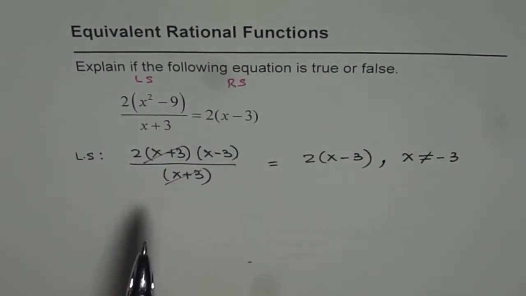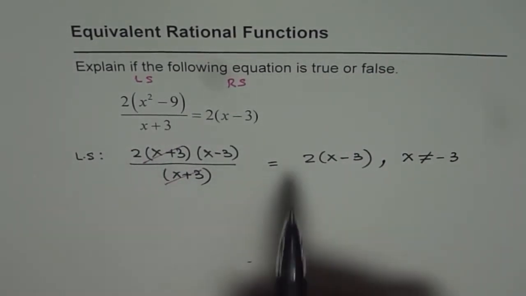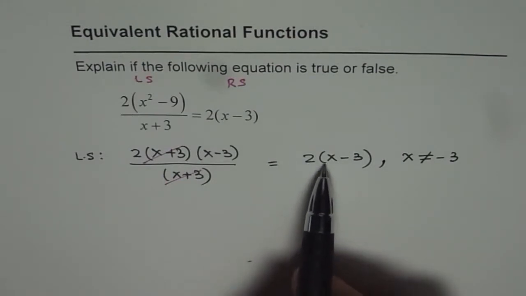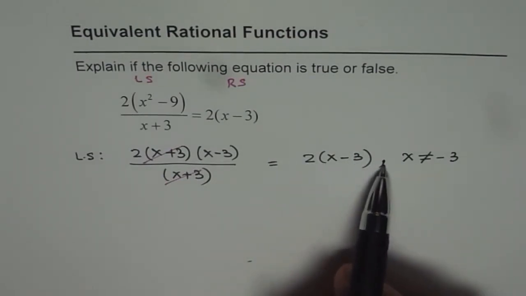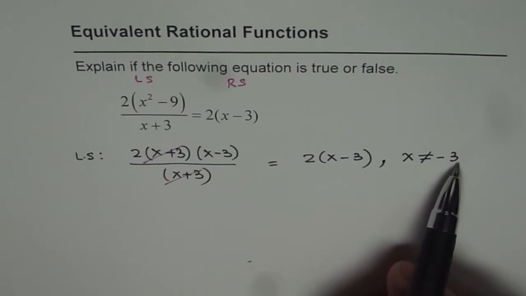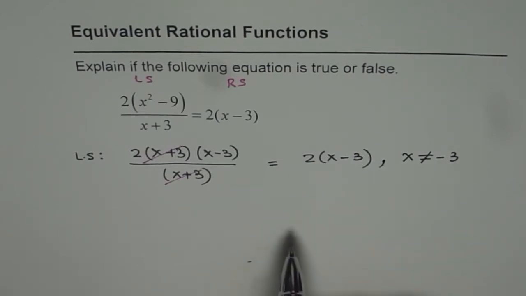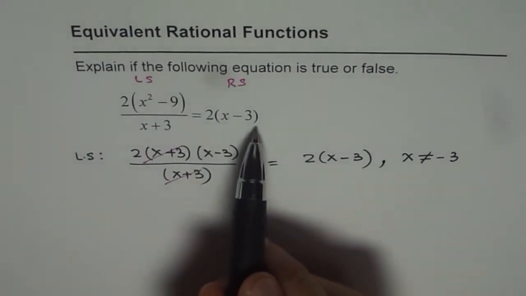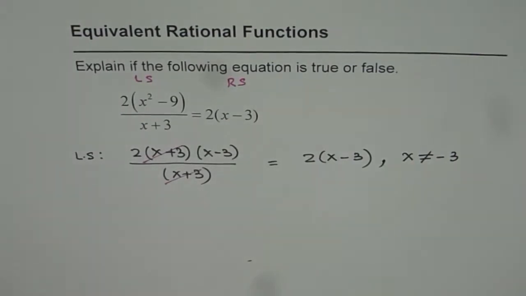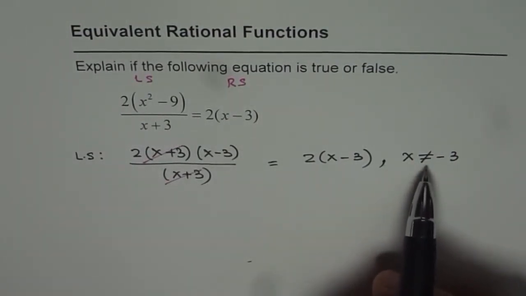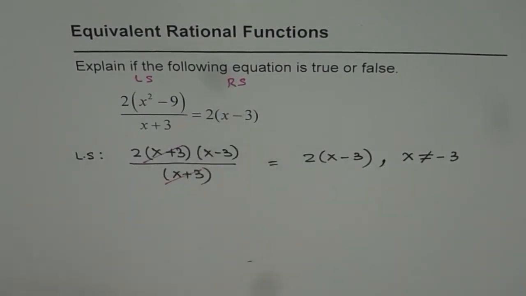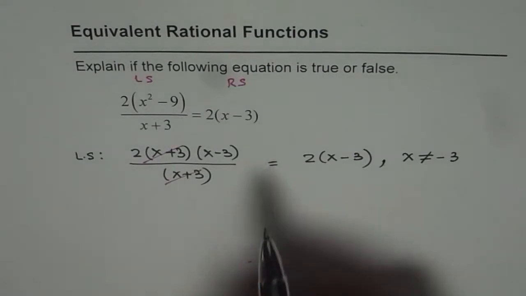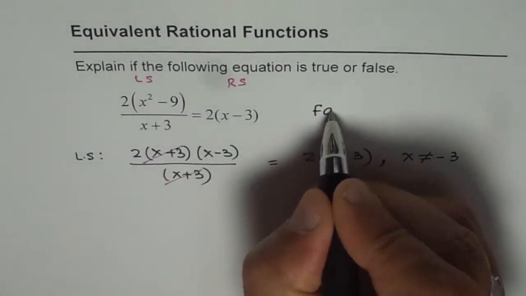So strictly speaking, the left side is 2 times (x minus 3), where x is not equal to minus 3. In the given question, the right side is 2 times (x minus 3). It is not the same. The left side has a restriction, the right side does not have a restriction, right? And therefore, we will say it is false,